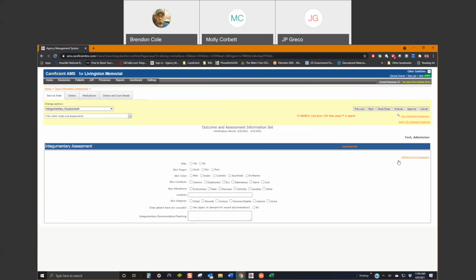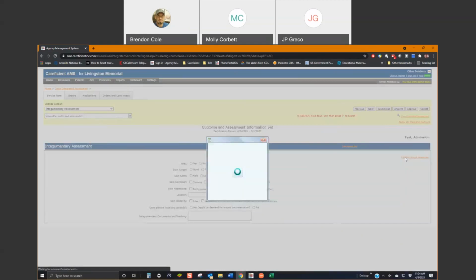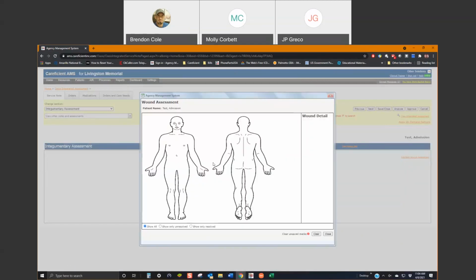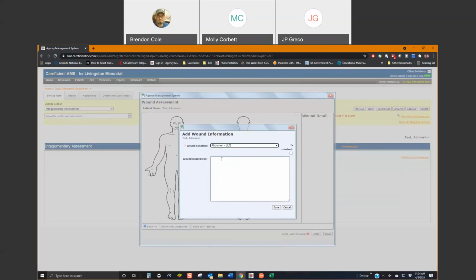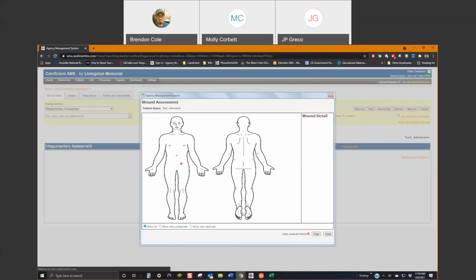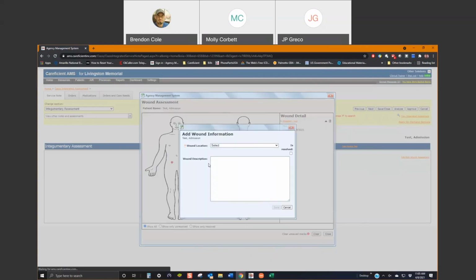On the integument section, you do have the Add Edit Wound Assessment option. If you click on that, you do get a copy of the human body here. You can click anywhere on that body where the wound is, choose your wound location from the list, and then type in your wound description here. And it will number them from number 1, number 2, number 3, so on, as you enter those wounds. And you can add as many as you need to. I know that's not the left, but